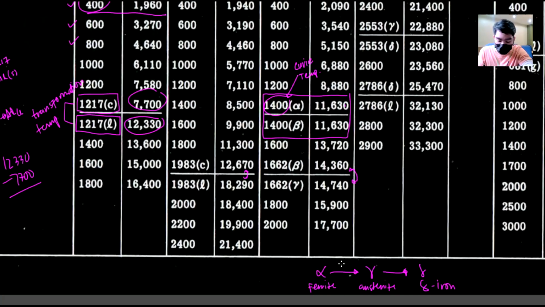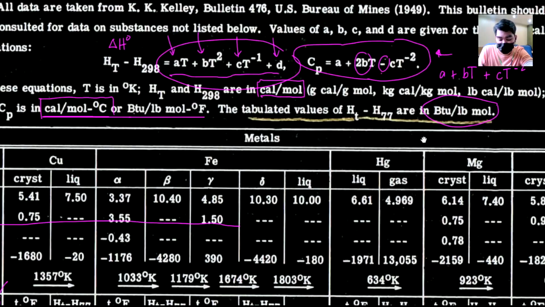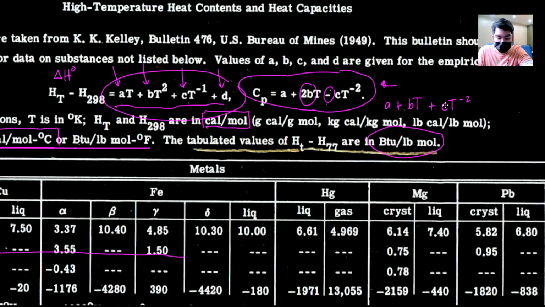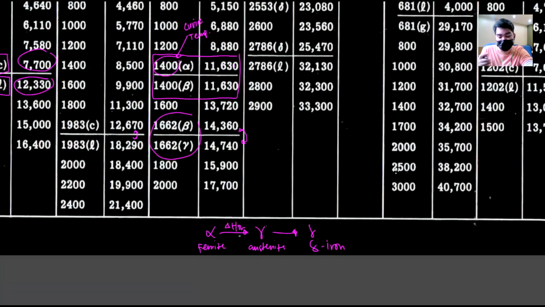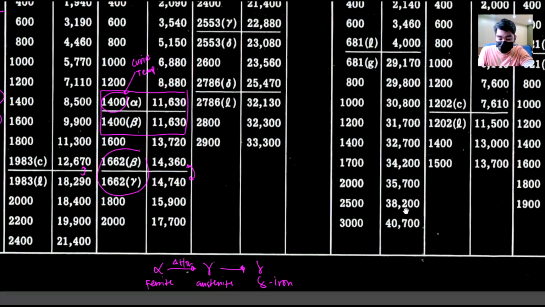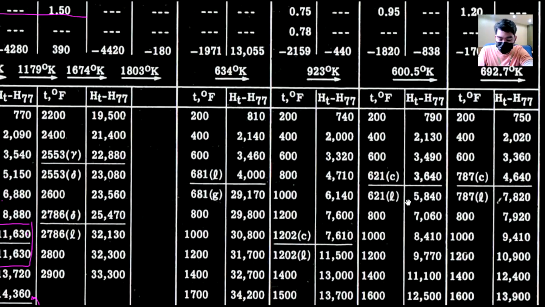So if you want to get the delta H of transformation from alpha to gamma, you just take this transformation from beta to gamma. Kasi technically, ito is the same structure. Ito pa rin si alpha, iba lang yung, kumbaga, magnetism. So if you get the difference, that's the delta H of transformation. And take note again, BTU per pound mole siya. So you still need to do conversions para maging kilojoule per mole or joule per mole. Okay? So I think that's all you need to know